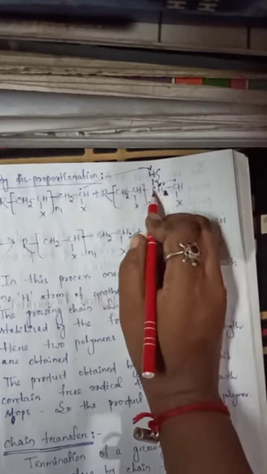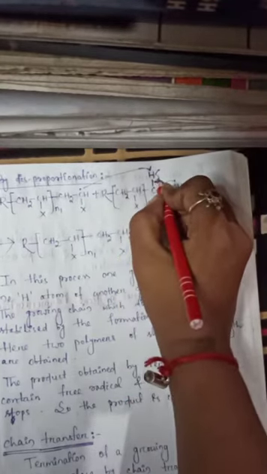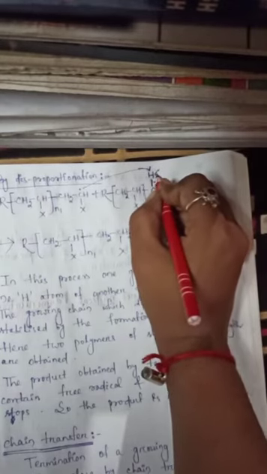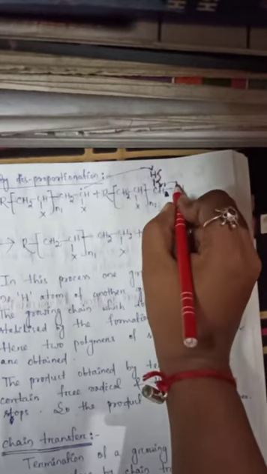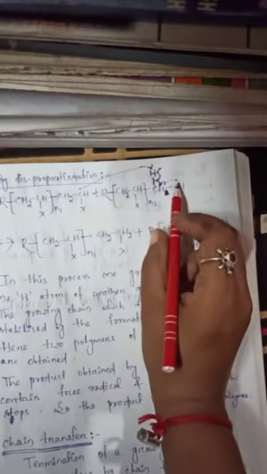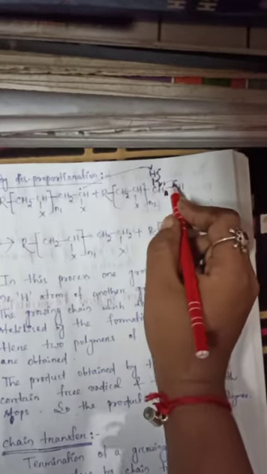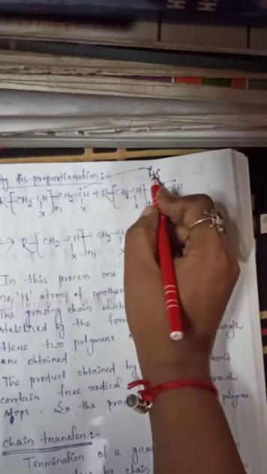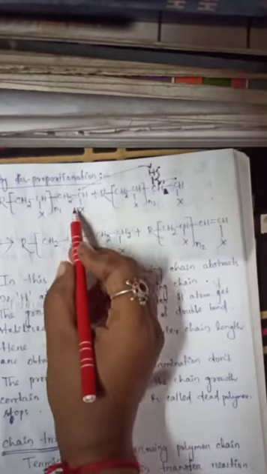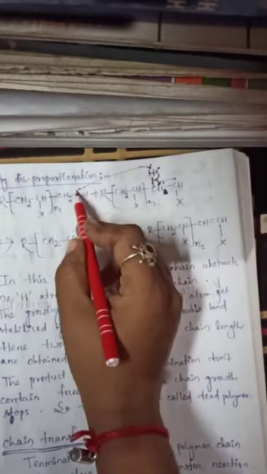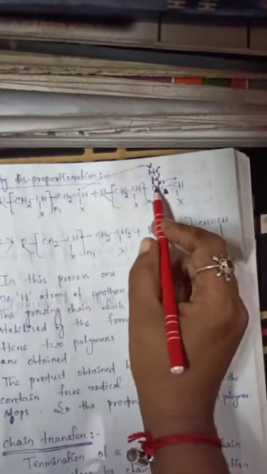Here CH2, we write CH2 CH single bond H. So here this bond is broken. This is the H radical and this is the CH radical, and here the radical is present before. So the C radical and CH radical combine to form a double bond, and the H radical combines with the CH radical. So it becomes CH2, and here is the double bond.